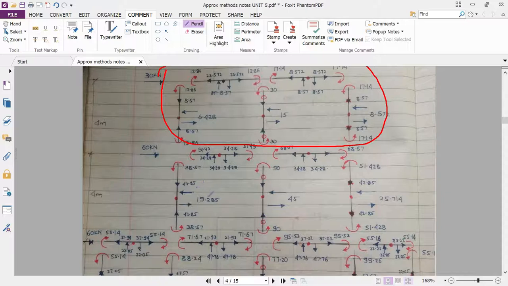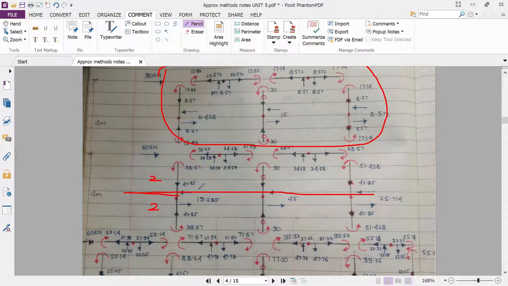Now as 19.28 is the shear, we have to transfer this shear to moment. What is the formula to convert the shear into moment? Just multiply by the length of the respective column. So 19.28 into, this is a total of 4 meter, but we are interested in half span because the point of contraflexure lies at the center. Therefore we utilize the span length of 2 meter for the upper story and 2 meter for the lower story. So 19.28 into 2 will be 38.57.